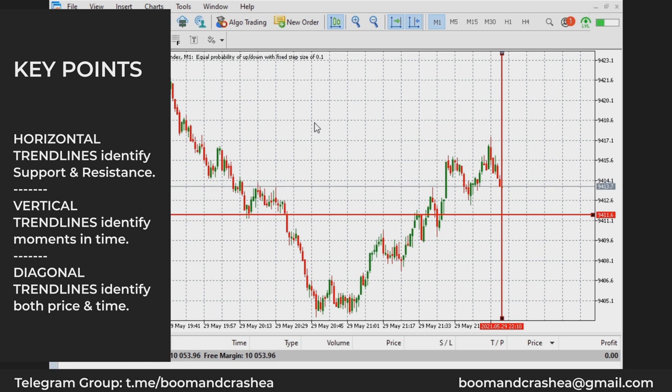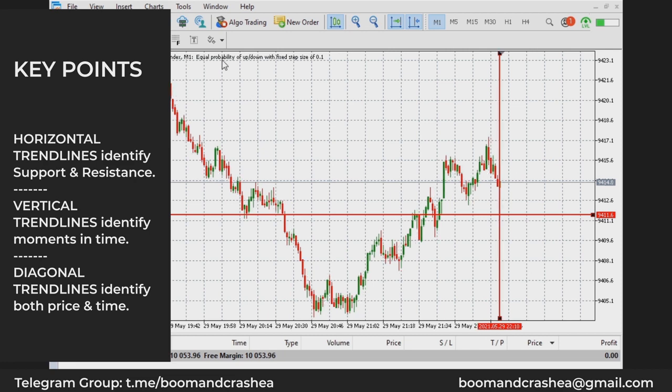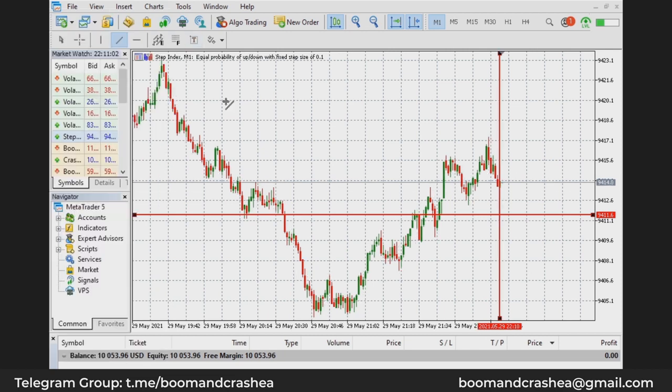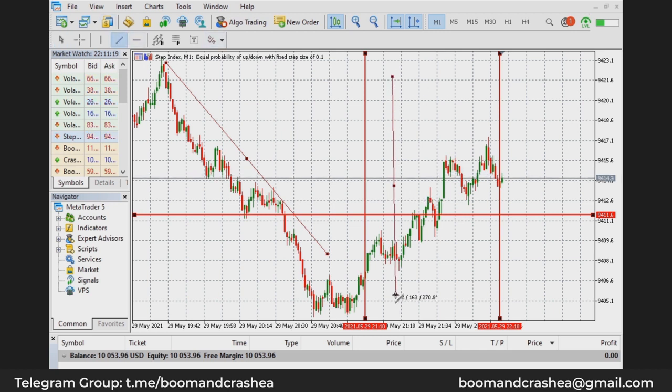Okay, so that is it for the types of trend lines. Then finally, the dynamic one, which I showed you earlier on, can be diagonal, and it can also be vertical, which means you can just use it in place of the vertical one we have. Okay, it's as simple as that. So trend lines are the most basic analytical tool you can apply.